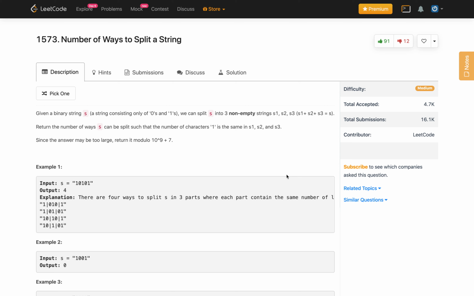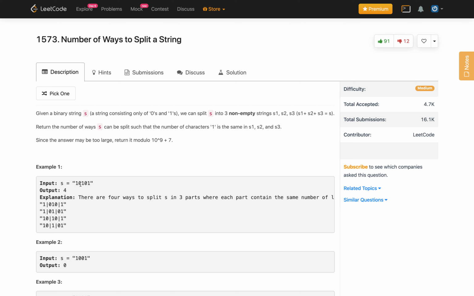So, in this example 1, we have 1, 0, 1, 0, 1, 0. The total number of 1s in this string is 3, so we can only distribute one 1 to each of the 3 strings, because the number of 1s in s1, s2, s3 has to be the same. So, we can cut one here and one cut here.